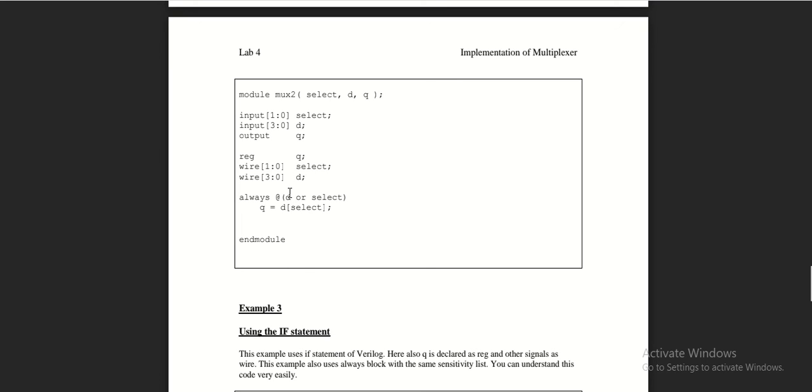So always will decide the output depending upon whether these two are changing or not. Q, which is our output, is assigned D of select. So whenever the select changes, the bit of D that is to be shown at the output changes.